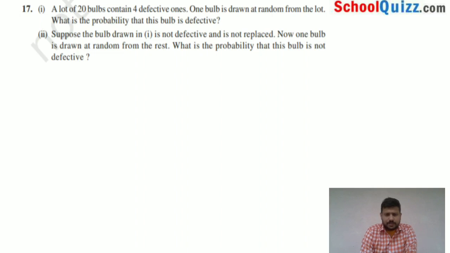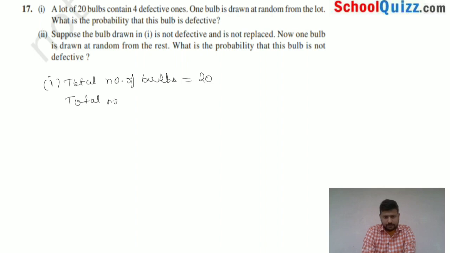The total number of bulbs is equal to 20, and the total number of defective bulbs is equal to 4. So the probability of getting a